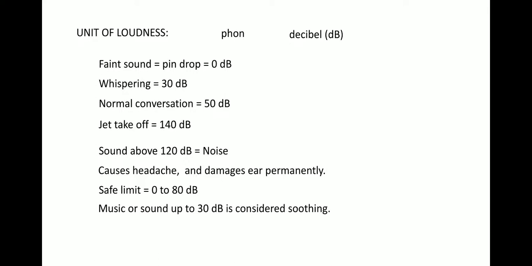Means when you are in a disco, you won't hear your normal conversation which is of 50 decibel. That means the sound in a disco when you are having a good time, party and dance, is more than 50 decibel. So it's up to 80 decibel when you are having a good loud sound of music, and that's not soothing. All right,